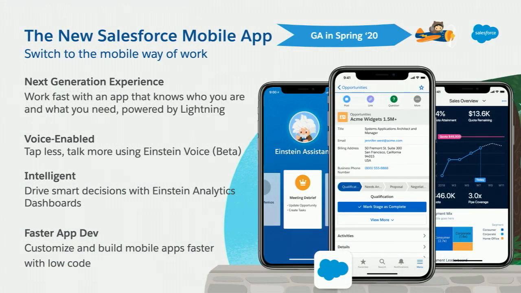And we're excited about our brand new Salesforce mobile app going GA. For all of you awesome Lightning admins who have been building great Lightning pages, app pages, and record pages, guess what? Now with this new Salesforce mobile app, you can bring all those pages to your mobile users. So make sure to check out the new Salesforce mobile app. It's GA in Spring. We talked about it in August and September, and you started to get hands-on with it, and now it's readily available. So check out Next Generation Experience, and you can do faster mobile development. As admins, we're all mobile app developers, and now we can do even more with the new Salesforce mobile app.